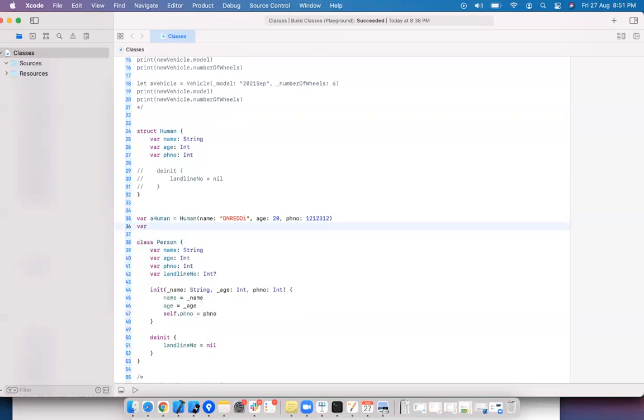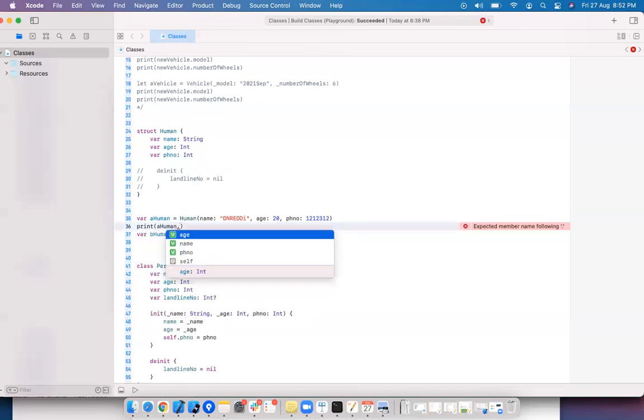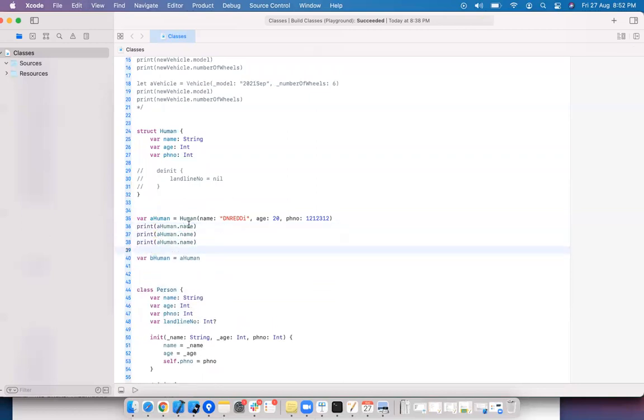I want to copy it. bHuman equal to aHuman. Let me print the values here. This is very, very important, like what exactly is the value type and what exactly is the reference type. I'm just printing name, phone number, and age.